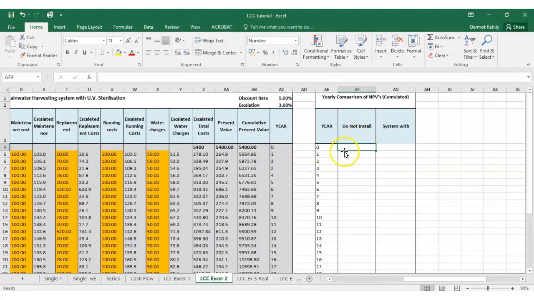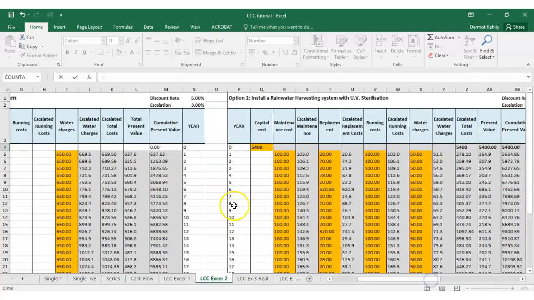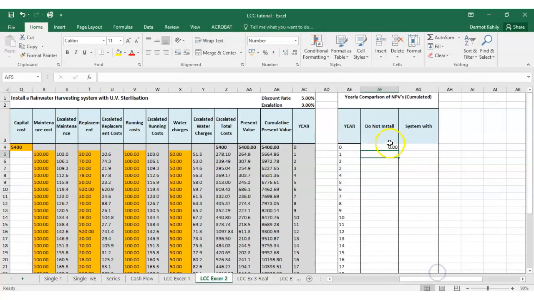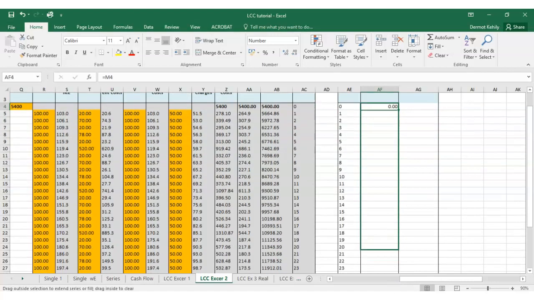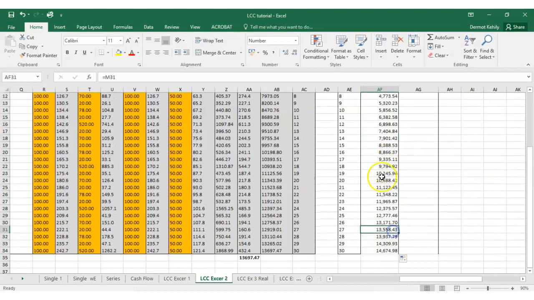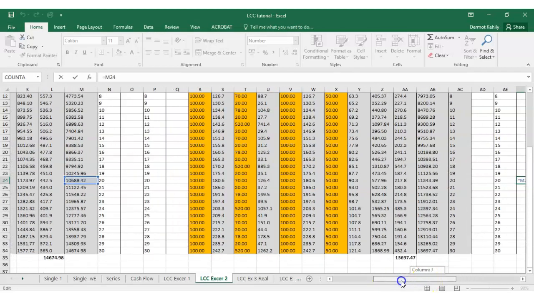So starting with year 0, do not install. I just click equals, and go to that first cell, which is right there for my do not install cost. So I want to show these accumulated costs on a year-by-year basis, side by side. Pull down, and it should go from year to year, filling out there, and it does. So if I click that one, for example, it should be the equivalent to what's on that row over there,